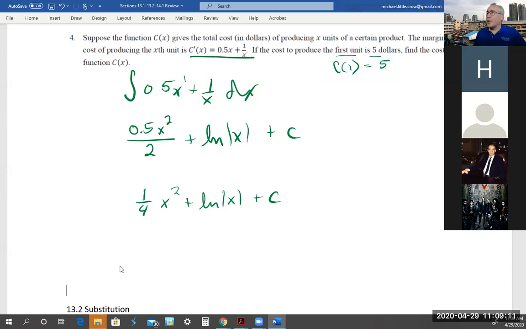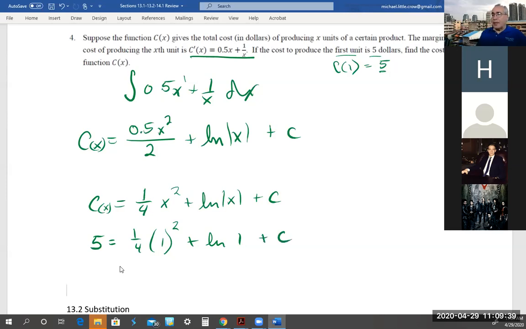And what we'll do is we'll plug in 1. This is what our original cost function is. So when we plug in 1 for x, our answer is going to be 5. So what we get is 5 equals 1/4 times 1 squared plus the natural log of 1. We don't really need absolute value because it's positive, plus a constant. 1 squared is 1, so this is 5 is equal to 1/4. Natural log of 1 is